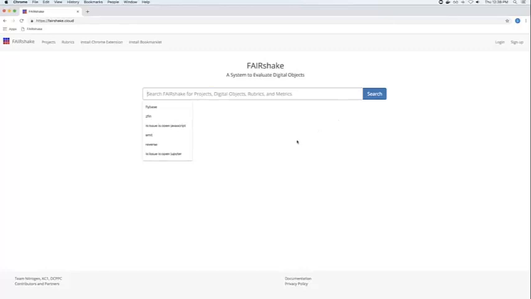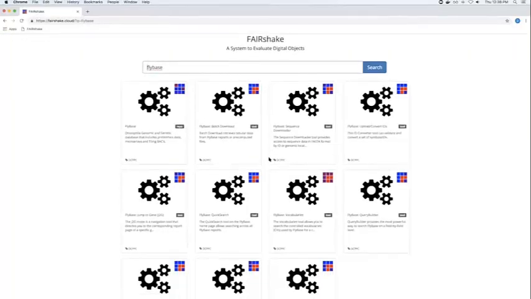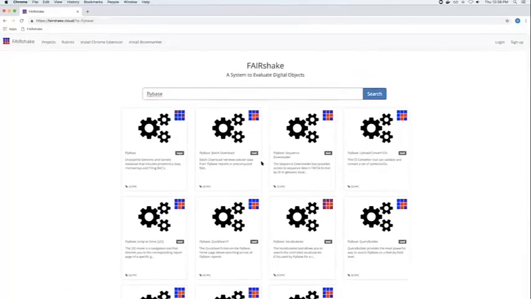FAIRshake exposes a search, and this allows you to search everything from projects, digital objects, the rubrics, and the metrics. So I'm just going to search FlyBase because this is something we've assessed as part of the Alliance assessment.